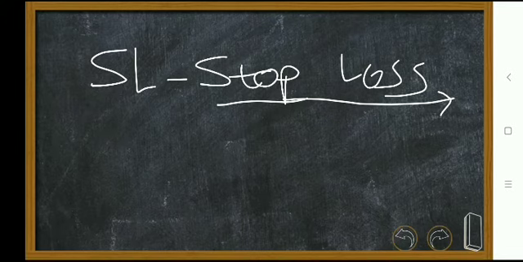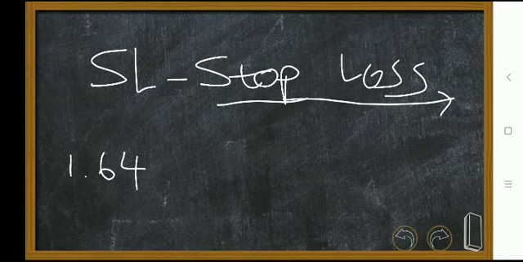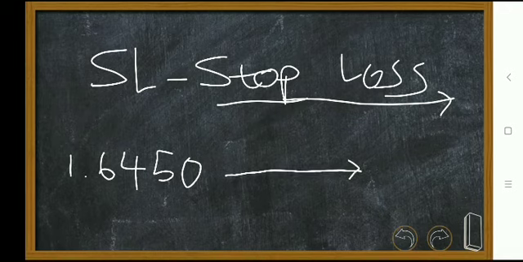So a stop loss is an order which you just set. You will set it at a certain price, which will stop you from losing. Let's give an example. We have the same price of 1.6. Okay, I've forgotten that price. I might mix things up. But let's use this price, 1.6450. If you have this price and you are in, let's say, buy,